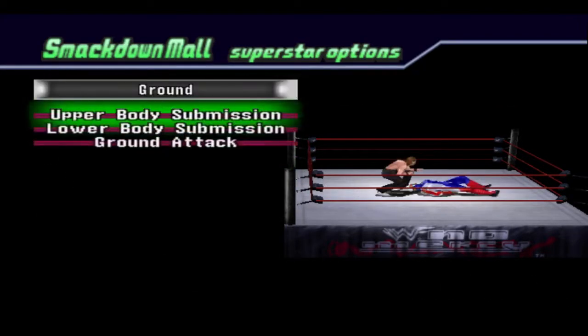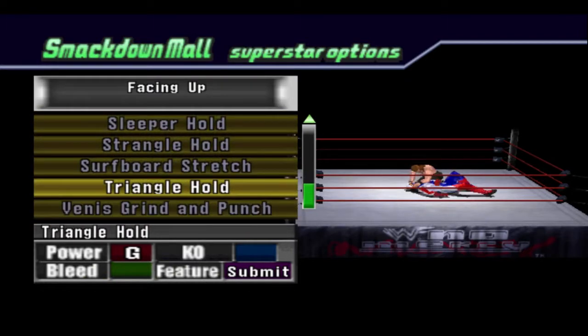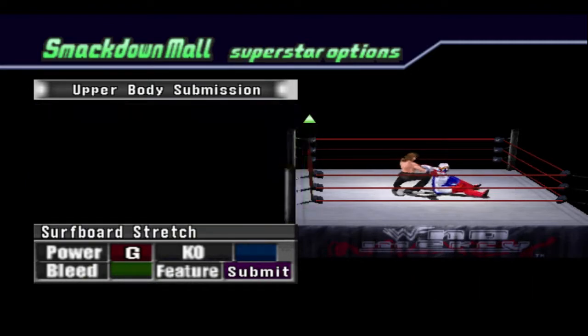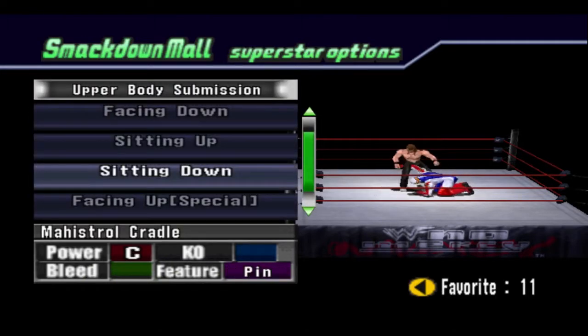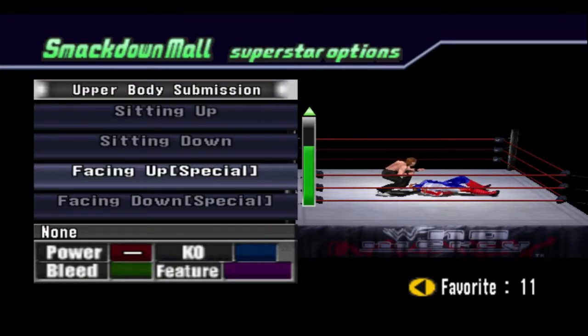Okay, our ground moves. This is where we're going to get a lot of submission moves in, as you can see. Not all of them. See, that's a pinfall move. I'm going to leave that where it is. Gonna give him a buffalo sleeper. And leave that on the Mahistar cradle. Now, we can also...